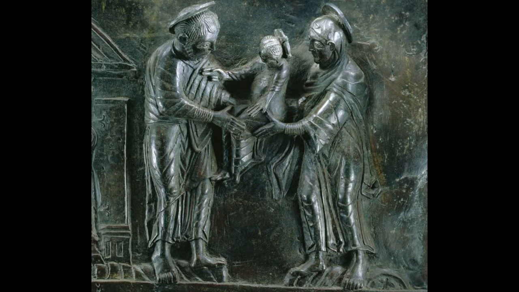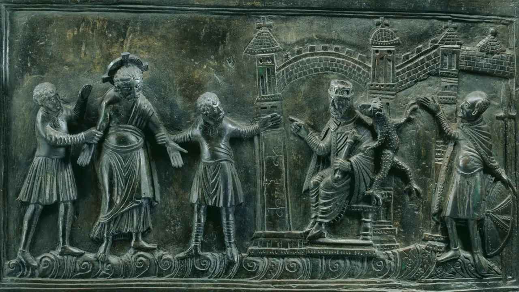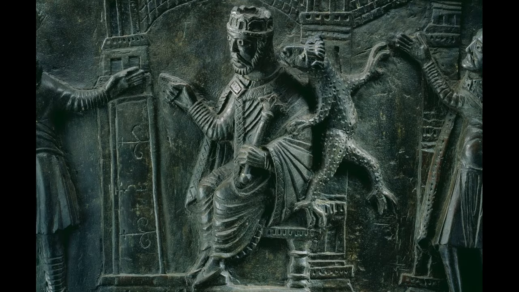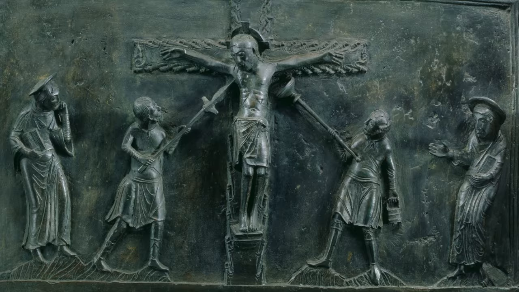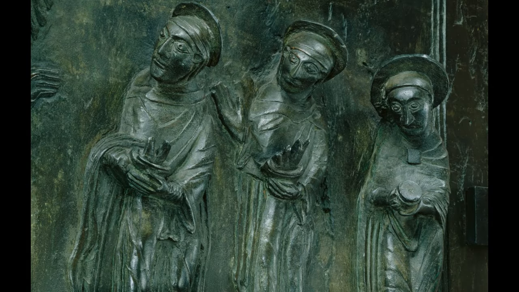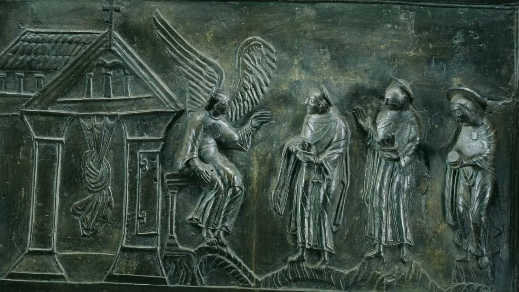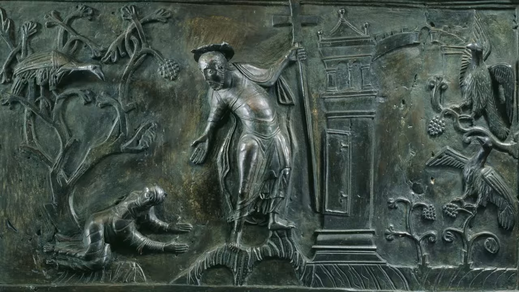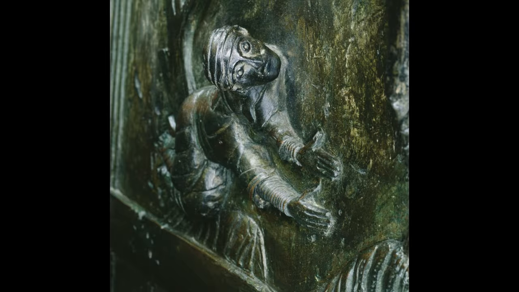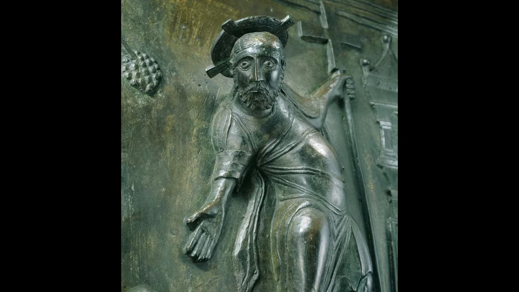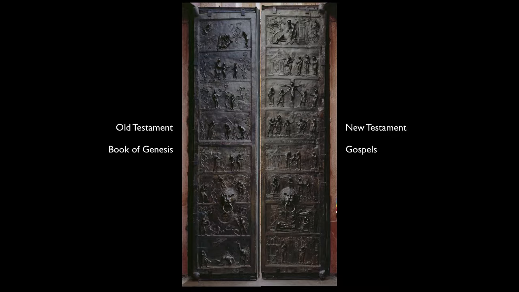Above that, we've got Christ being presented to either Herod or Pilate before his crucifixion. Above that, the crucifixion of Christ. Above that, the Marys at the tomb, which was the standard scene showing the resurrection in the early Middle Ages. And at the very top, we have what's called the Noli Me Tangere. Mary Magdalene sees Jesus in the garden, and he says, "Don't touch me." So we have scenes from early Genesis and then scenes from the Gospels.